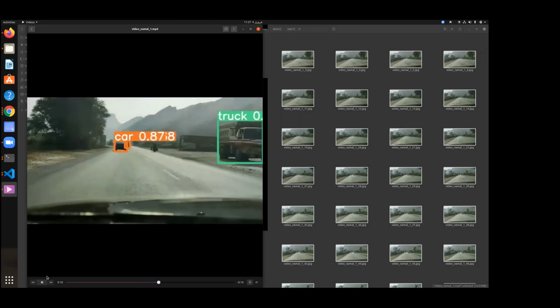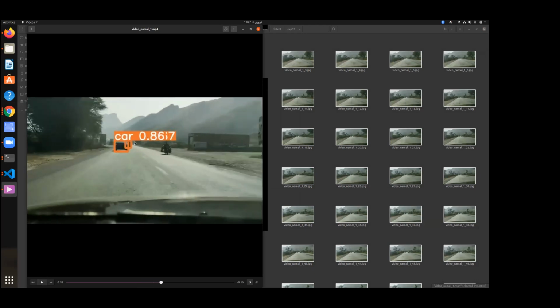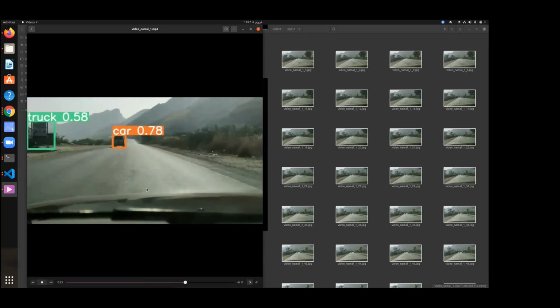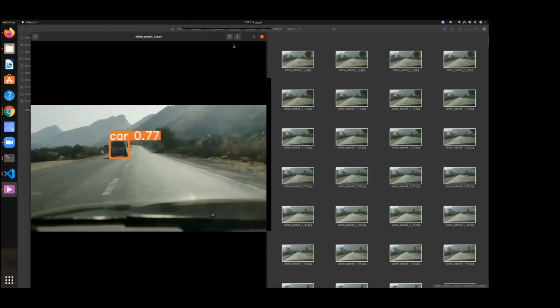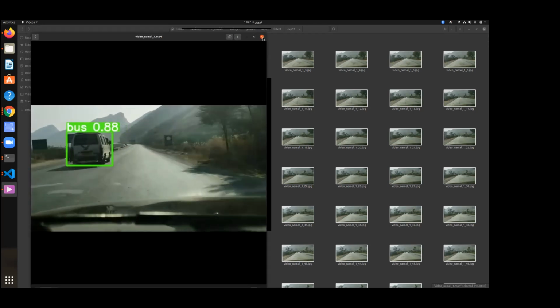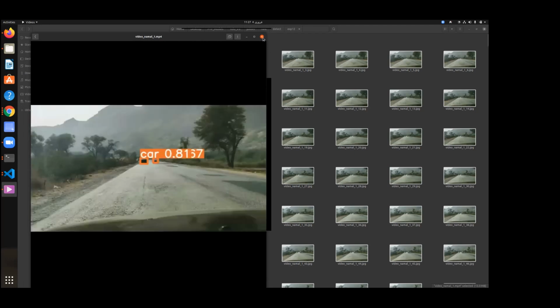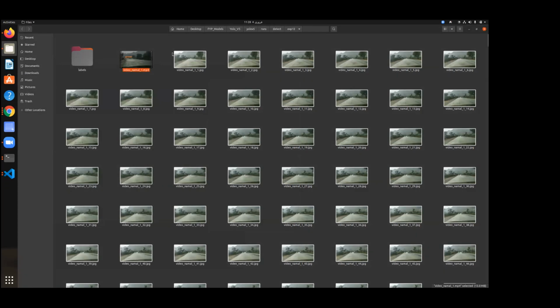जो साथ ये स्कोर शो हो रहे हैं, दे आर बेसिकली कंडीशनल क्लास प्रोबेबिलिटी, कि अगर देयर इज एन ऑब्जेक्ट और वो साथ में उसका क्लास लेबल भी प्रिडिक्ट कर रहा है, तो फिर दोनों को कंबाइन करके वो उसका स्कोर है, कि ये 0.8 कार है। राइट, तो इट्स प्रीटी गुड।